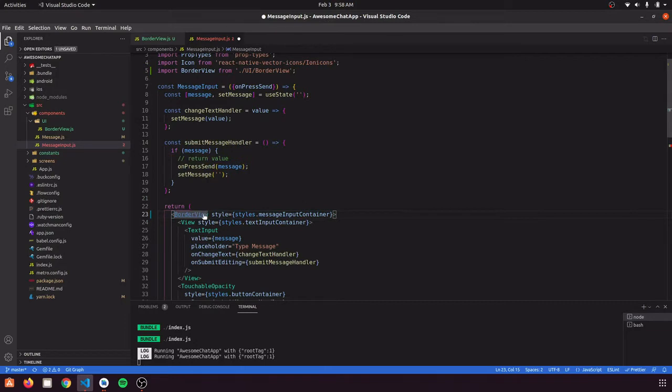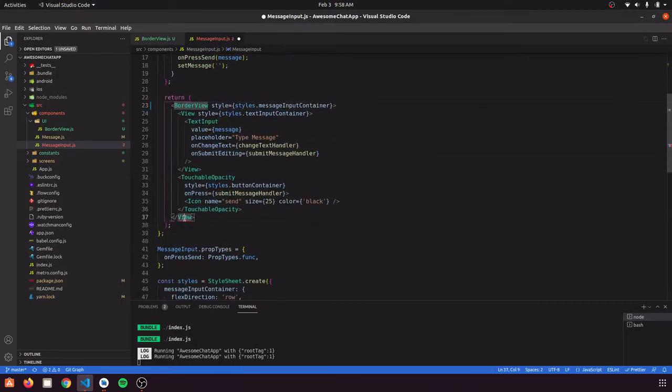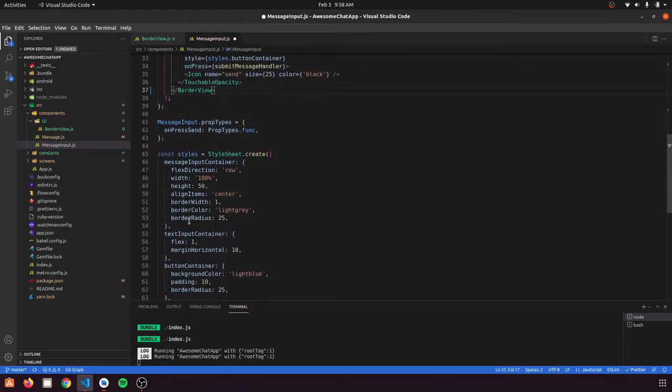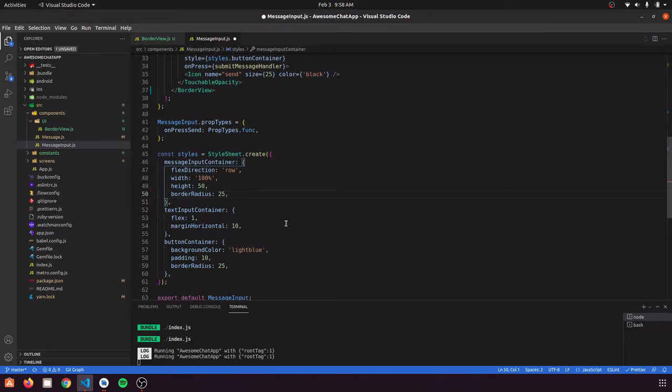And now we are going to close this tag also with the border view. And now we are going to delete the border properties that we have defined here, like border color and border width. So now this thing is complete.